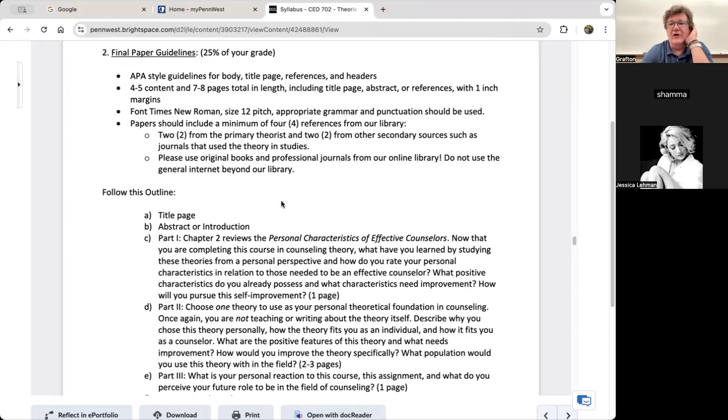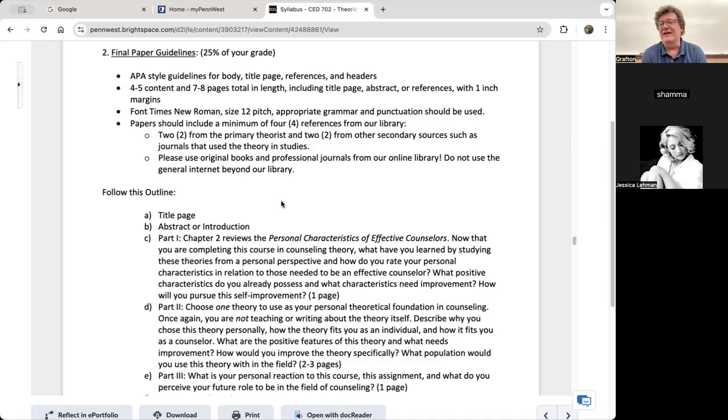Okay. So the first part I had to put in because not everybody was following APA guidelines, but title page, any references, so try to do it in APA style.